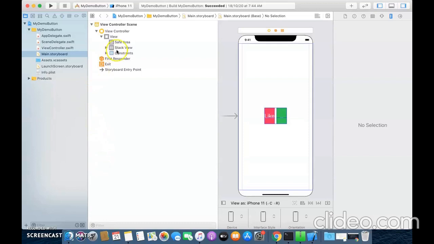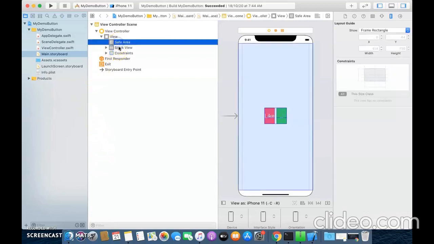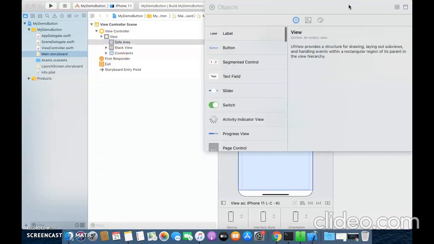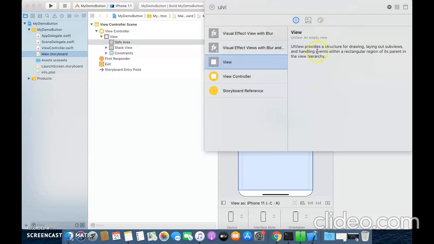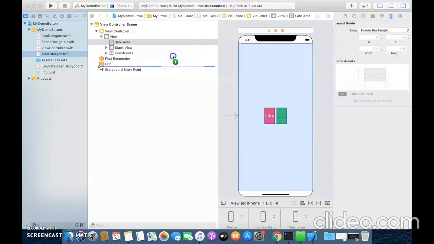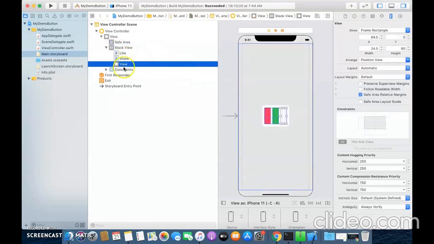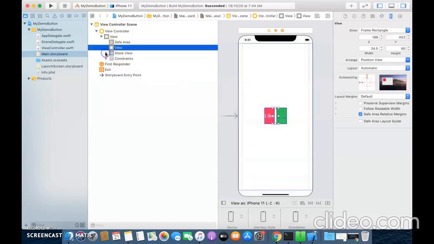Go to your project, main.storyboard, and drag and drop a UI view onto your view controller file. Not inside a stack view but outside the stack view. Like this.